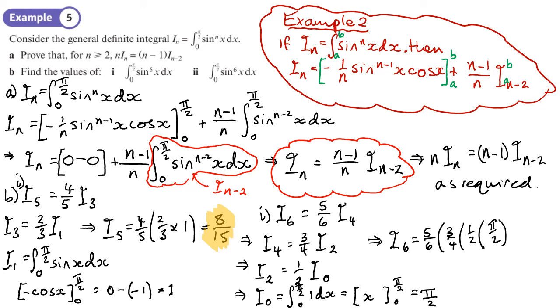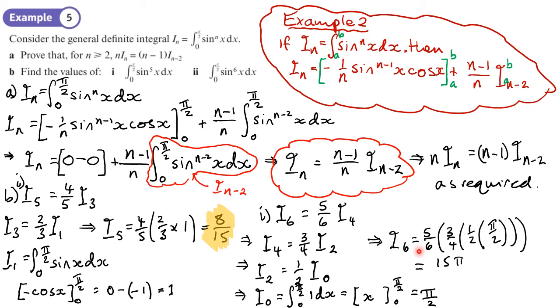So you can see how easy this is. It's just multiplying. So I6 is 5/6 of I4. I4 is 3/4 of I2. I2 is a half of I1. So if we multiply all of that out, we will get, let's see, 15 pi